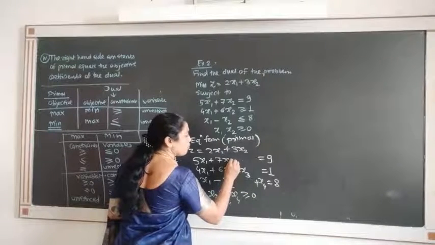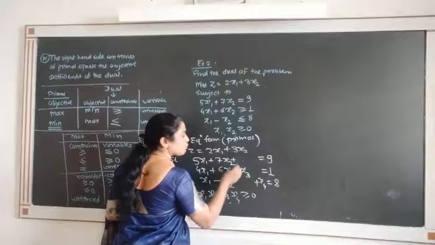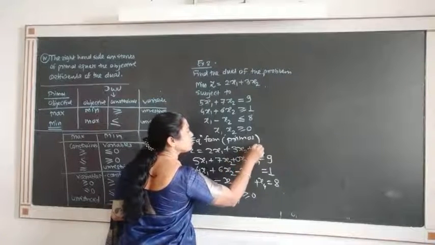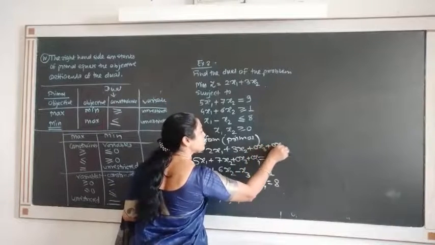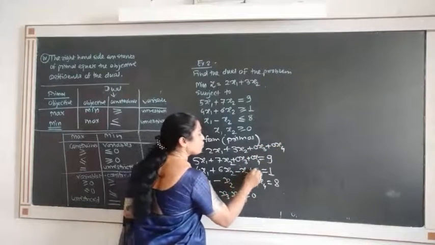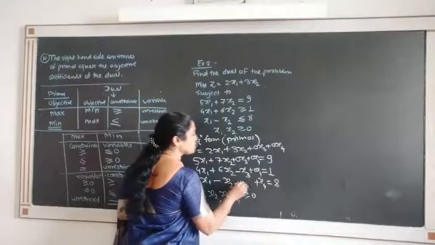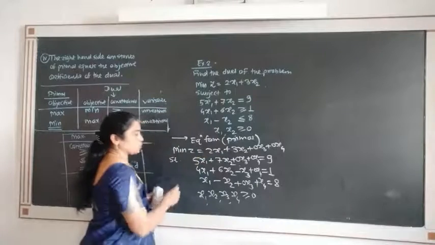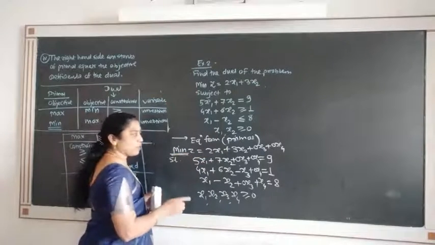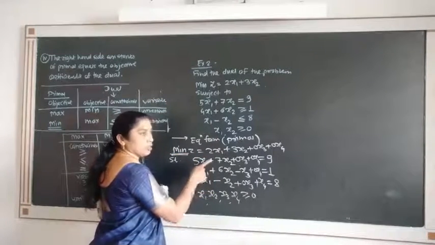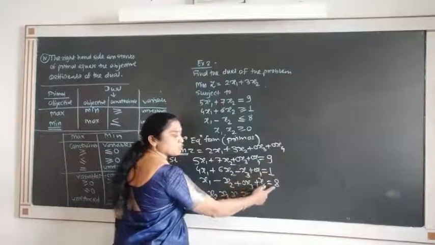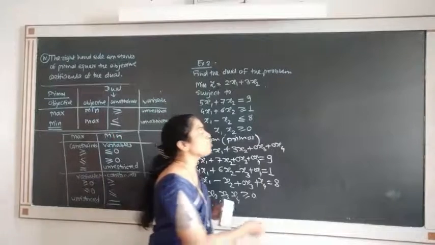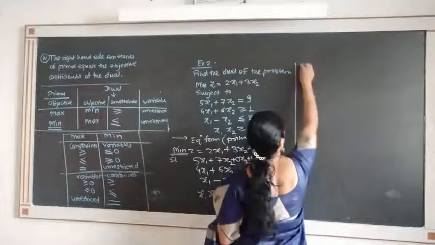What we are doing? We are adding x3, x4 extra. So we will take 0 x3, 0 x4. Here 0 x3, 0 x4. Here there is no x4, so I will say 0 x4. There is no x3, so I will say 0 x3. And all the variables are greater than or equal to 0. So see, this is primal in equation form with all RHS to be non-negative and all the variables to be greater than or equal to 0. Now you are able to write down dual. How to write down dual?